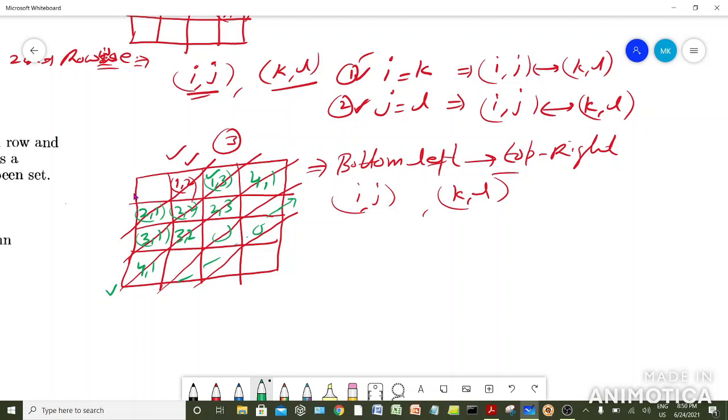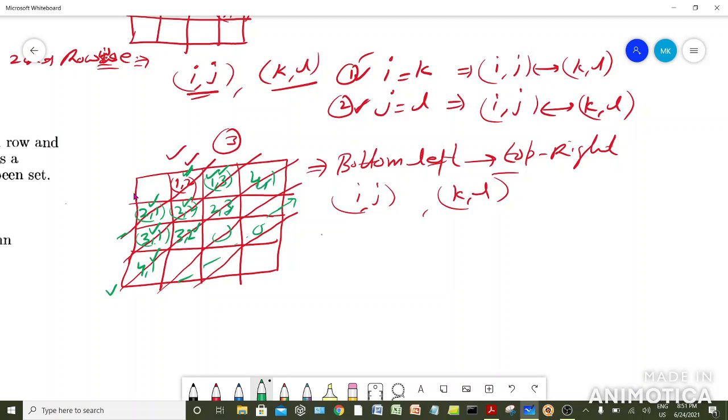What exactly is the condition that justifies the placement of two queens in the same diagonal? Look at this and look at this. So 2 plus 1 is 3, 1 plus 2 is 3, 3 plus 1 is 4, 2 plus 2 is 4, 1 plus 3 is 4. Done. Then 4 plus 1 is 5, 3 plus 2 is 5, 2 plus 3 is 5.